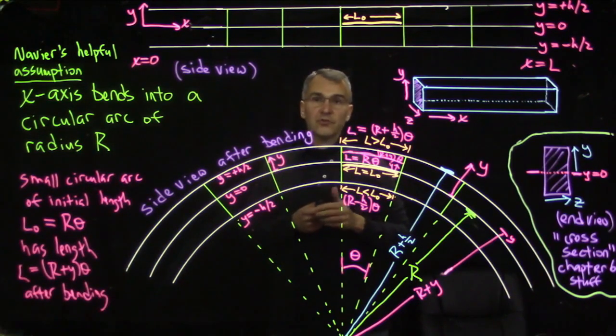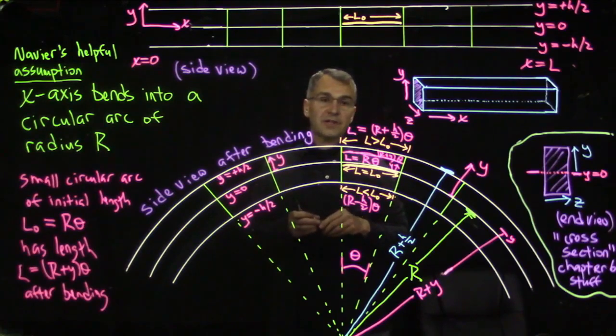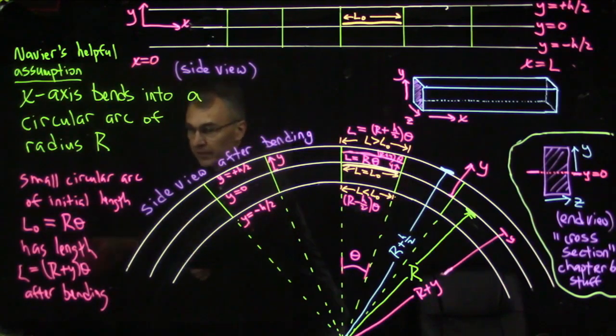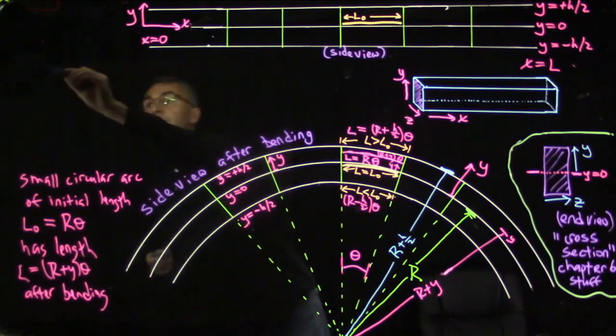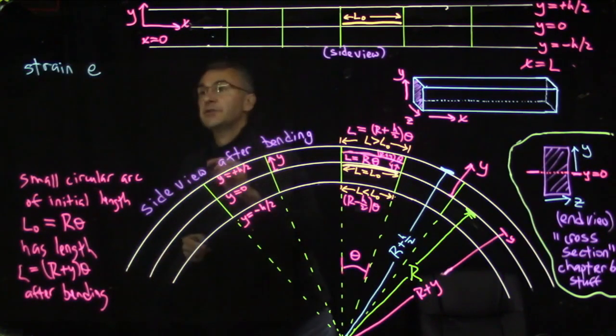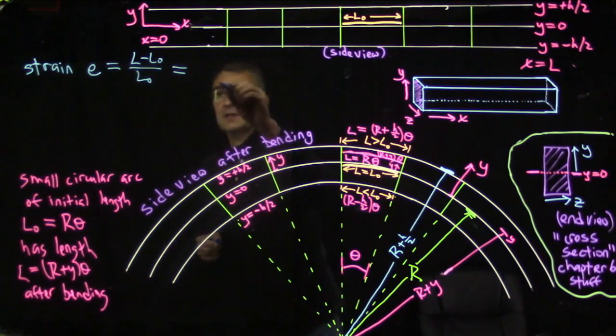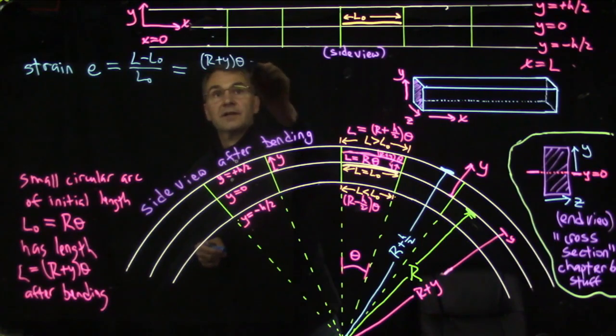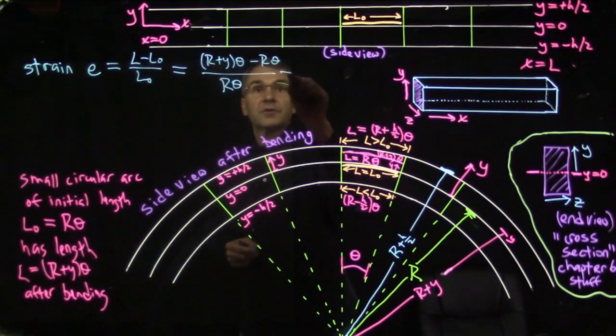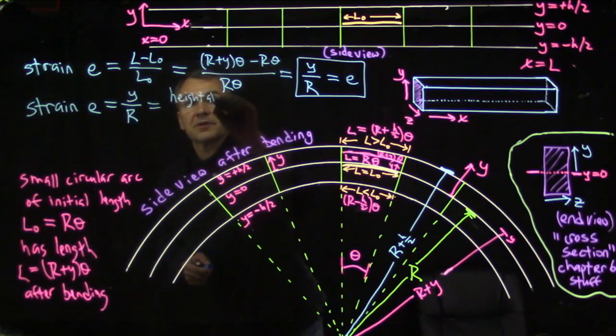That tells us that the strain is the change in length divided by the initial length. So we can easily work out the strain from the ratio of the original length and the new length. So the strain, I'll use little e. I think Onouye uses lowercase epsilon. This is L minus L initial divided by L initial. So that would be r plus y theta minus r theta over r theta, and the theta cancels out. And what's left is y over r,